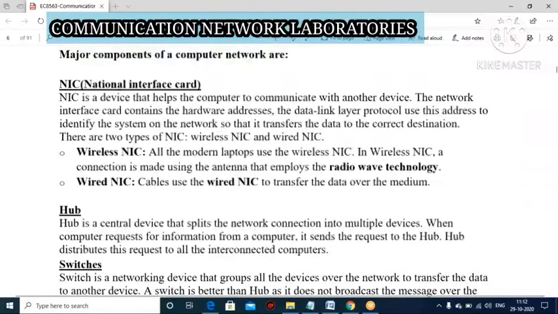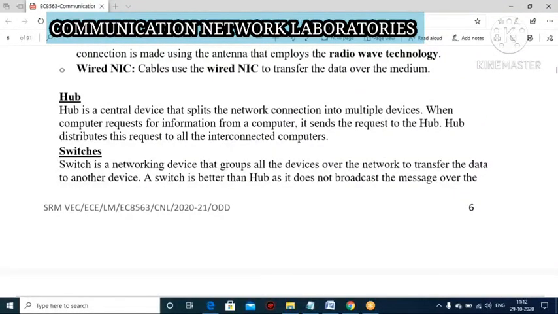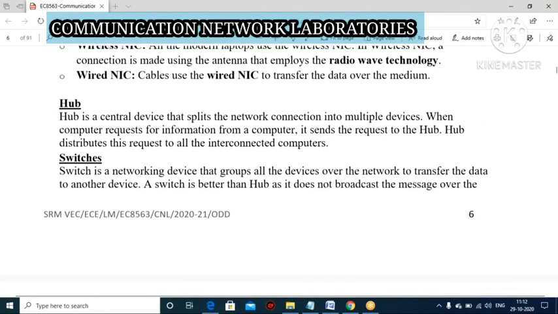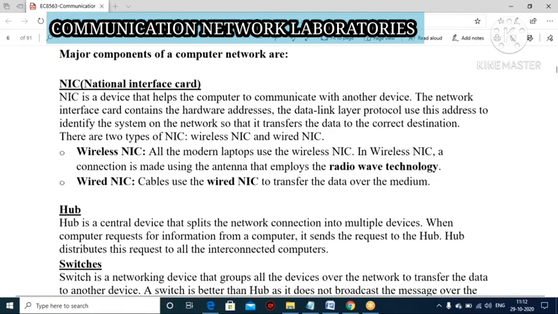Next major component is hub. Here hub means it is a central device. It splits up the network connection into multiple devices. Today in your home you are all using a hub, isn't it? So the hub is used to split up your network connection into multiple devices. But here we have some disadvantages, right?